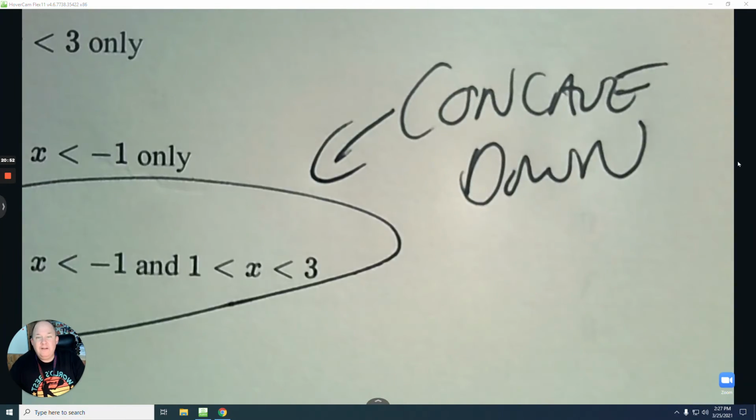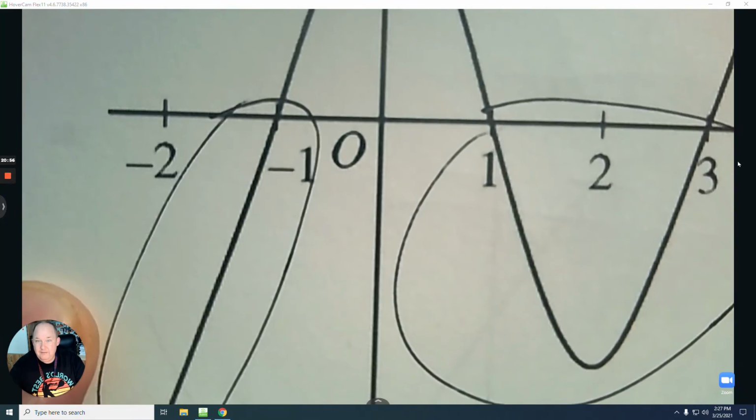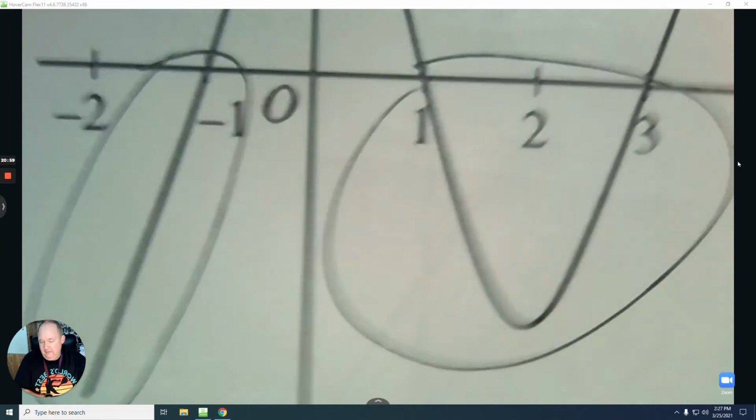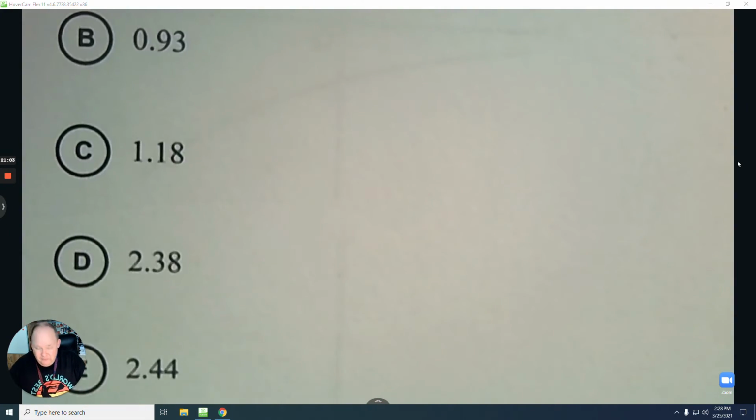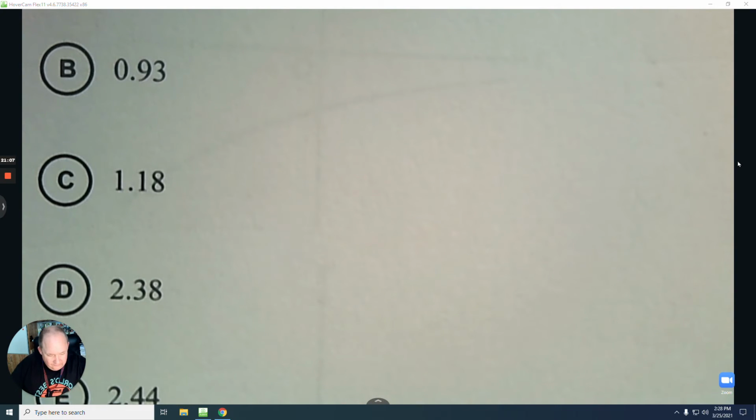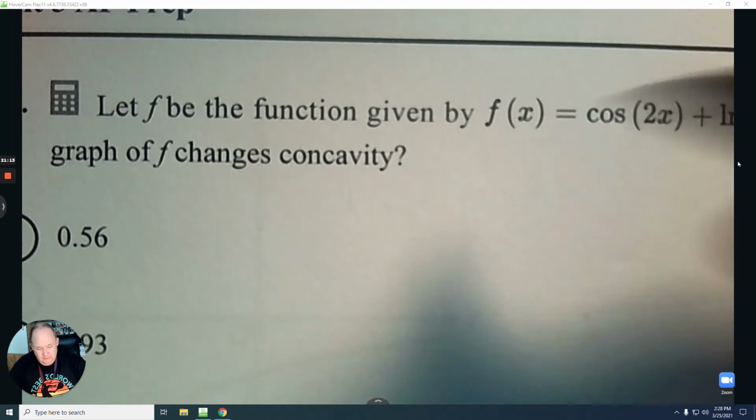And why is it concave down? Because the second derivative is negative in those intervals. Number 23. Another calculator question. Let f be the function given by that. What is the least value of x at which the graph of f changes concavity? So